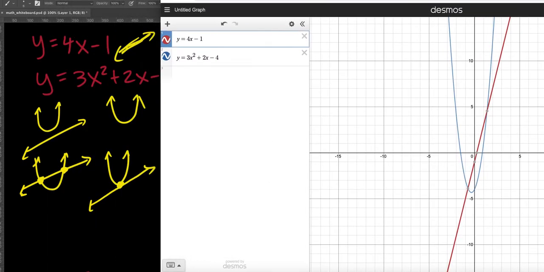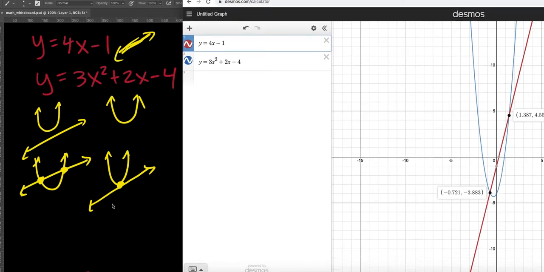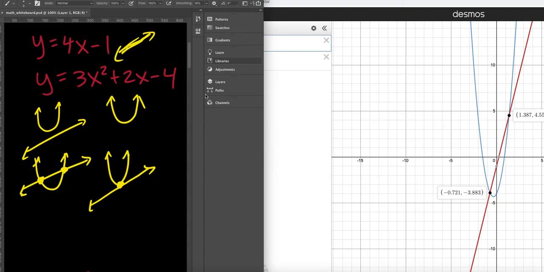However, let's see, I think we can click on them and then they stay. Yeah. If you have intersection points or even y or x intercepts, you can click on them in Desmos and they'll stay on there, which is helpful for this video. So I have negative 0.7. We'll just round to one decimal place on all of these. Okay, so that's one of my answers. And my other answer is 1.4